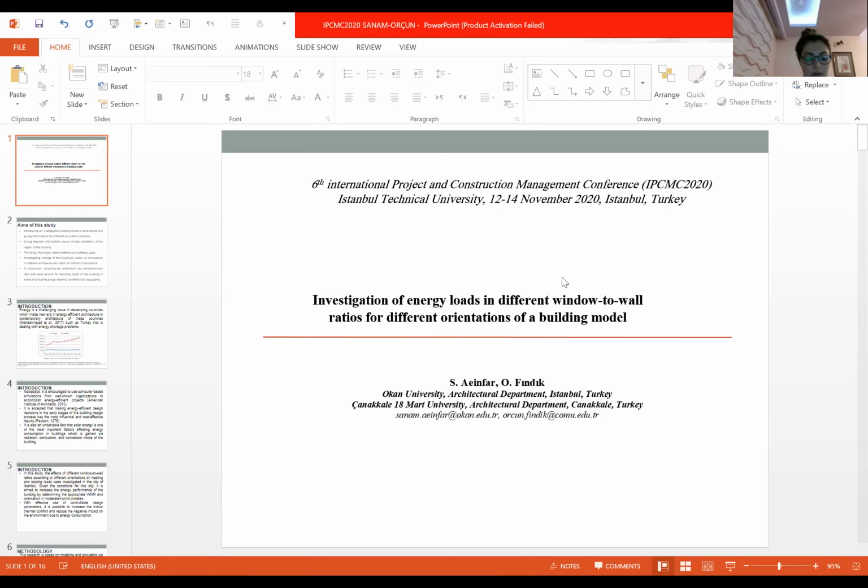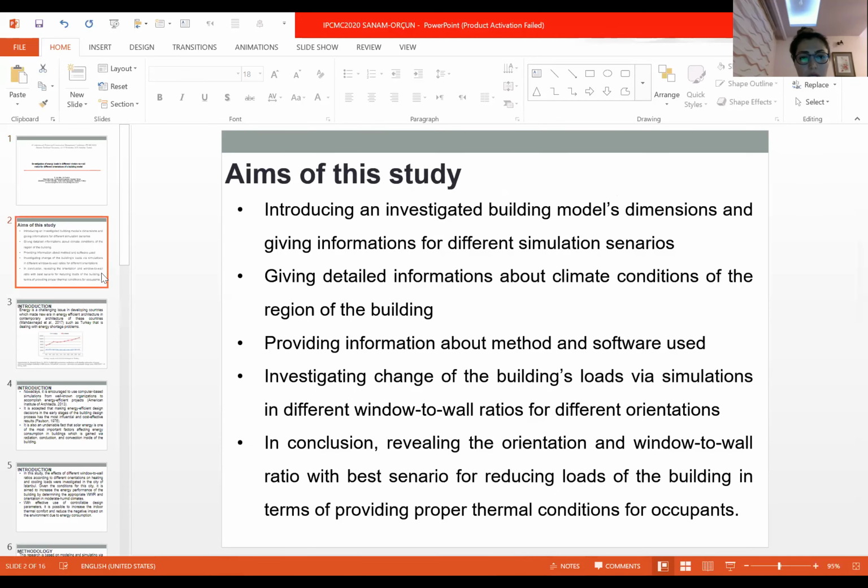Yes, I will be presenting this paper titled Investigation of Energy Loads in Different Window-to-Wall Ratios for Different Orientations of Building Model. The aims of this study are introducing and investigating the building model